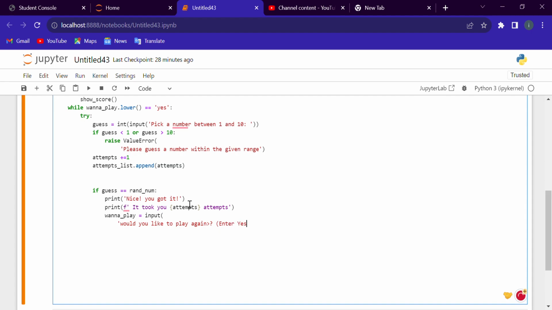Enter yes or no. Okay, now if wanna play dot lower is not equal to yes, and if the player says no, I don't wanna play, then what we have to do is print